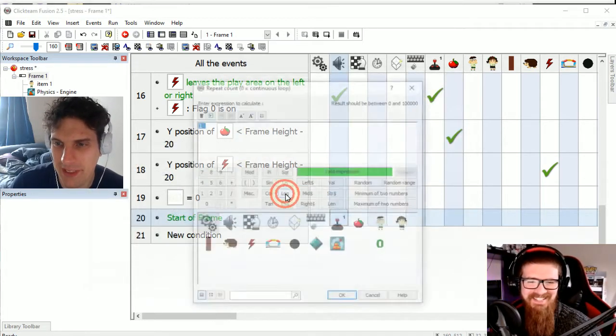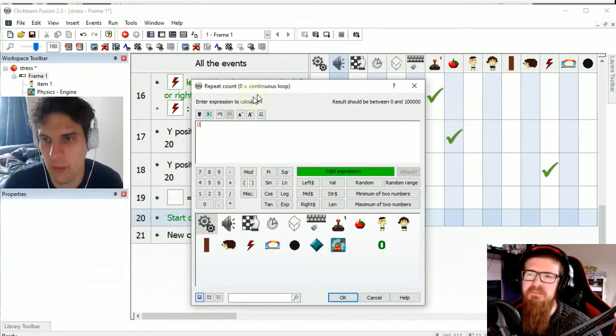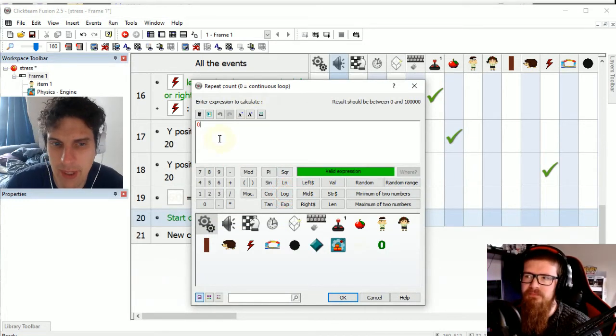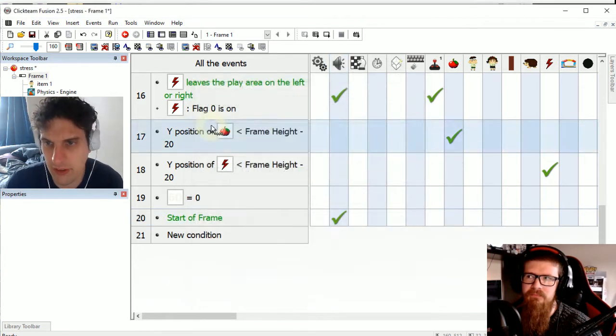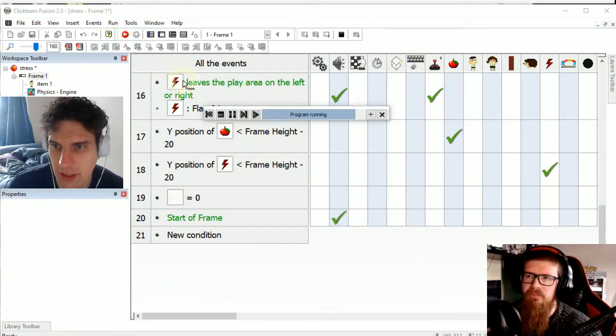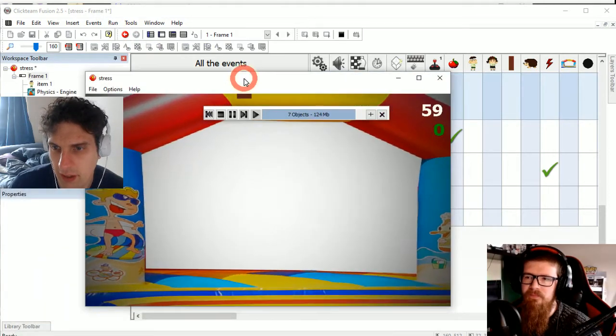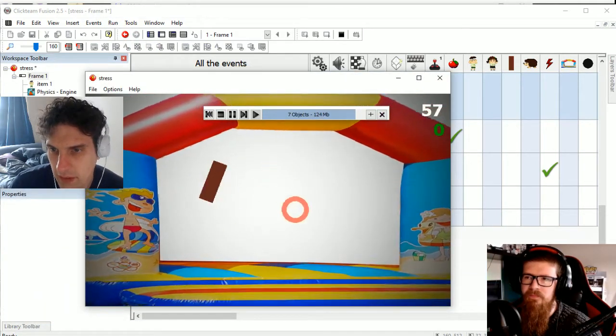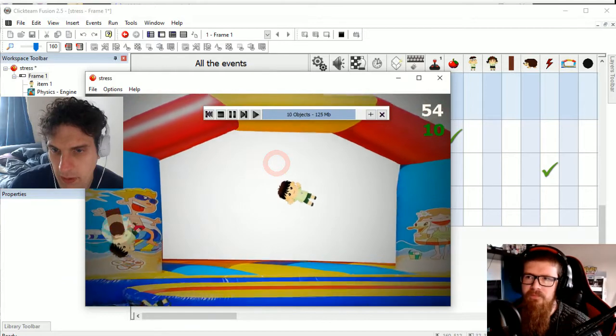So I'm going to go with Mistake the Gateway, and I'm going to say repeat 0, which is a continuous loop, because every time it checks for how many times it's looped, it will never equal 0, so it'll never stop. Right, run our application, and I think we're pretty much there.